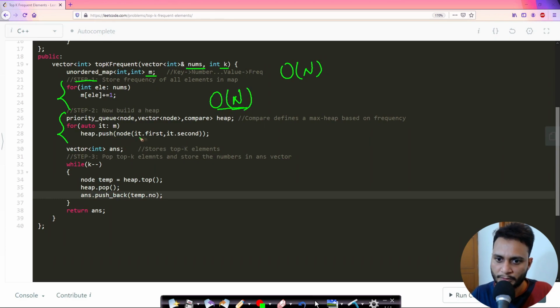So we are pushing all the elements into the heap by building a node. This is a structure, and it will be storing the unique value as well as its frequency. Now once you have formed the heap, that is step 2 is also done. The third step is to pop the top k elements from this max heap and push the unique element, which is the number part of a node, into this array, which is this answer, and then finally we will be returning the answer, that is the top k unique elements which are having highest frequency, in the decreasing order of frequency. So I hope you understood this entire code.